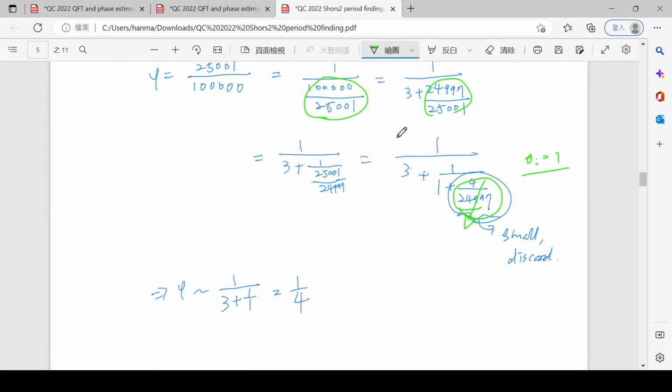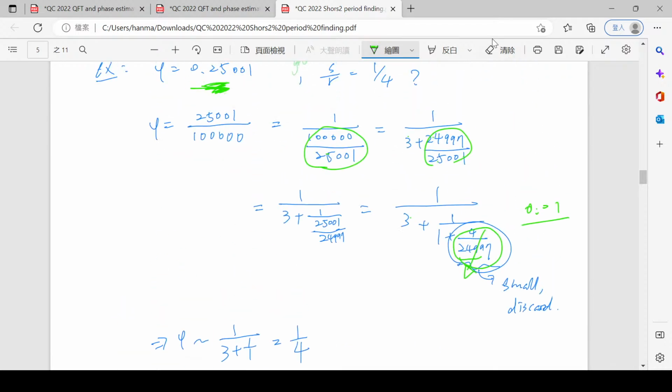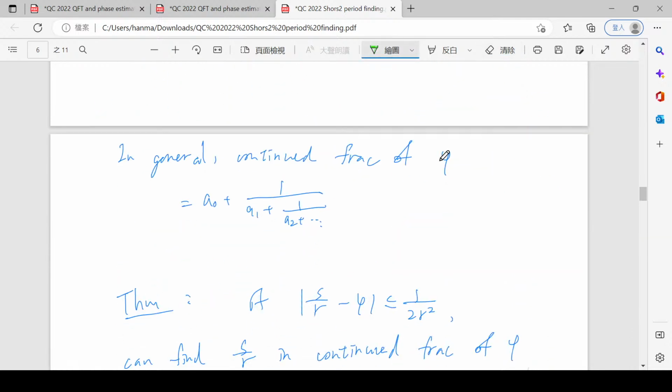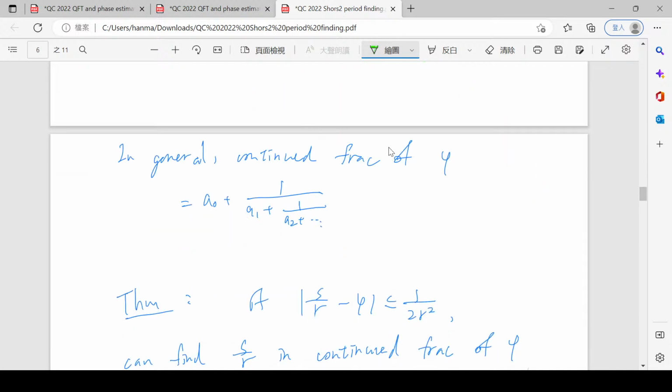And we basically just claim that this works. So we don't have a proof. Oh, sorry. Let's clean this up. But well, anyway, in general, we have the continued fraction of some number equal to something of this form: a0 plus 1/a1 plus 1/a2 plus and so on. We probably don't have this a0 because our phi is less than 1. But anyway,